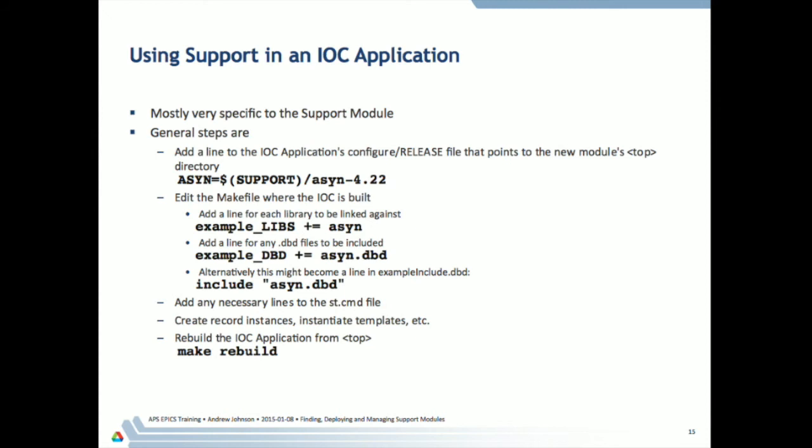and now you would then need to link it into the IOC, and the steps for that are usually specific to the support module, but in general, again, you add the new module to your release file, and then you'll need to edit your makefile to tell it what library to link in to find this code. Add the DBD files, and there are two possible methods for that, and then there'll be startup script lines you need: load any databases, instantiate, and build the IOC and so on. So that's basically the standard steps, and